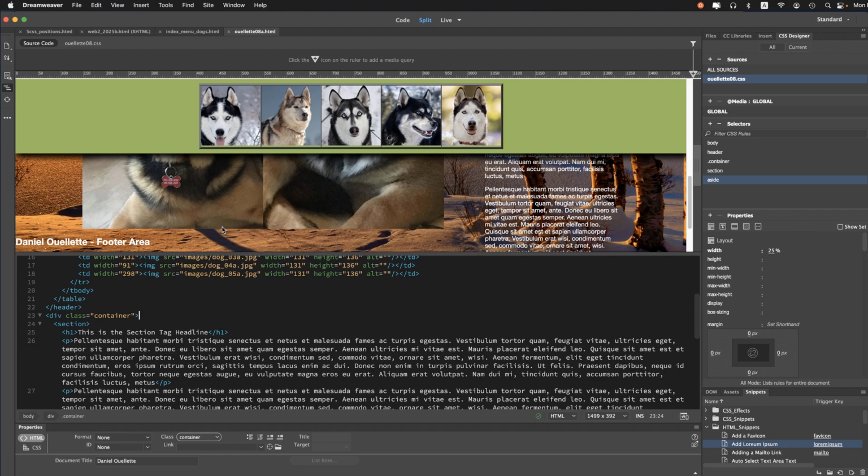So I'm going to use a clear, and I'm going to clear both. That means nothing floating can sit on the left nor the right. Therefore, it's going to assume its new position below these elements. Okay, so I'm going to go